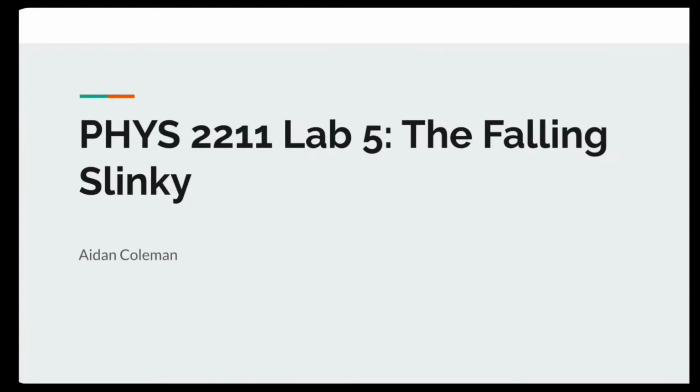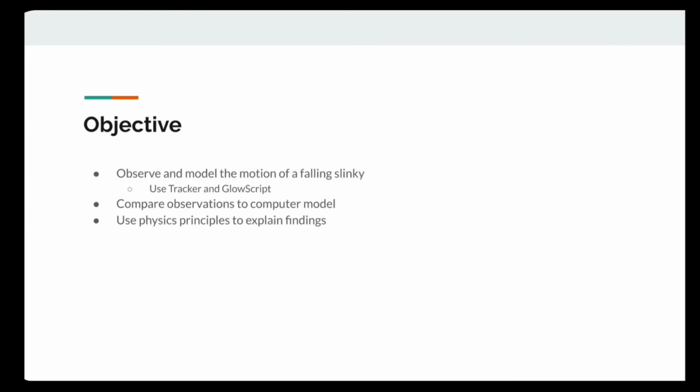Hi, this is my fifth lab for Physics 2211, the falling slinky. The objective of this lab is to observe and model the motion of a falling slinky. We'll be using Tracker and GlowScript to do so. Then we will compare the observations to the computer model we create in GlowScript, and we will use physics principles